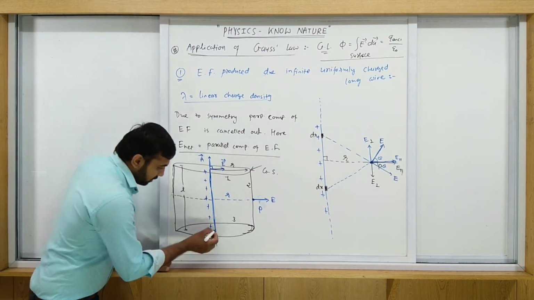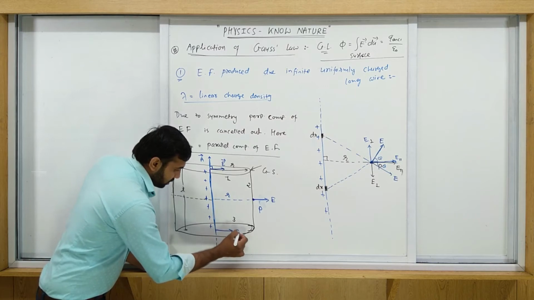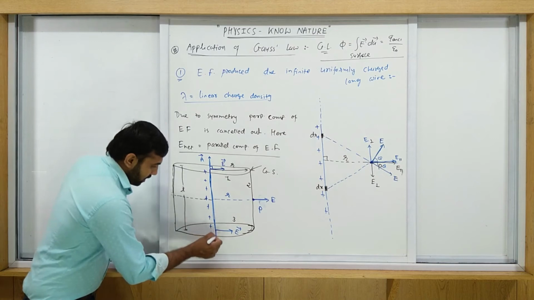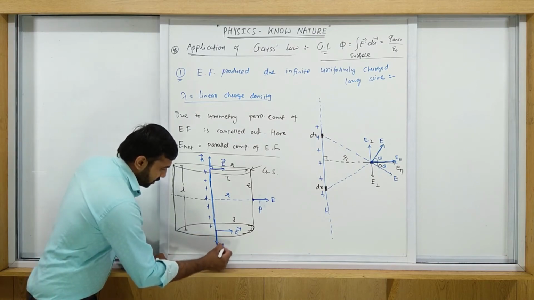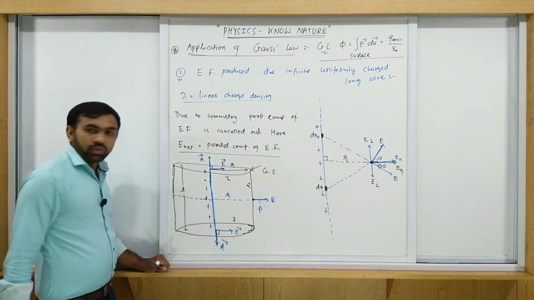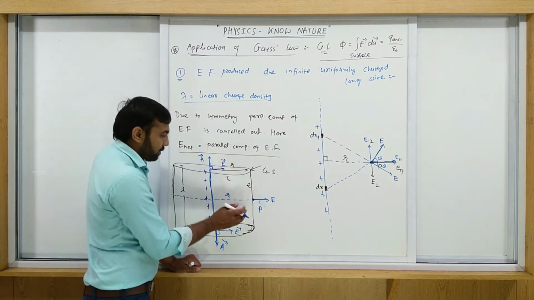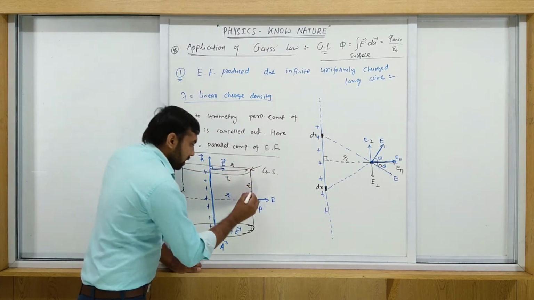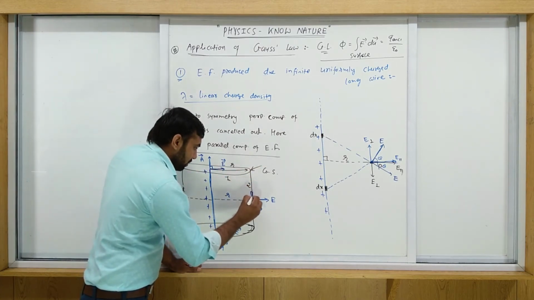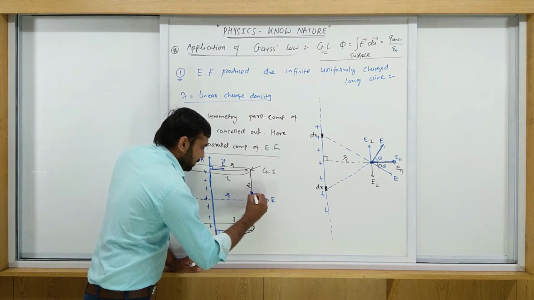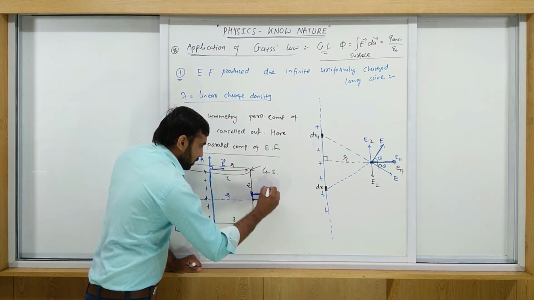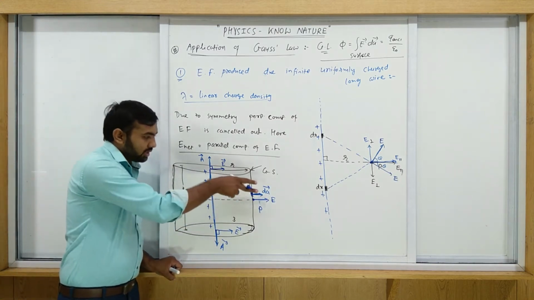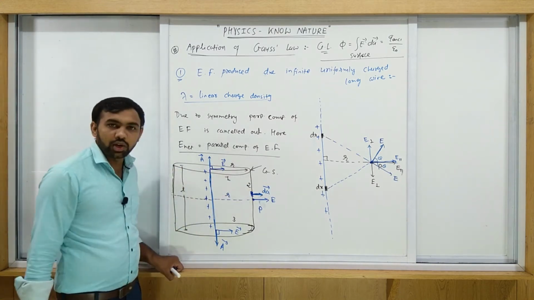If you consider the third surface, the electric field is along this direction as we discussed, only this component, and the area vector is along this direction. The angle is again 90 degrees. For the second surface, the electric field is along this direction, and if you consider this small section, the area vector is also in the same direction. So in this case both are in the same direction, while the other two are perpendicular to each other.